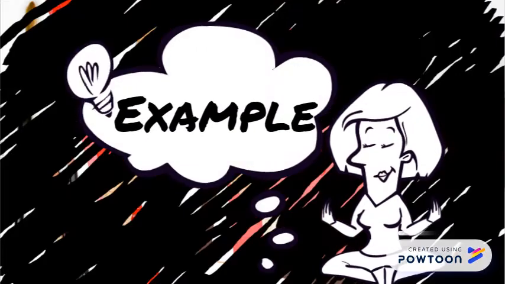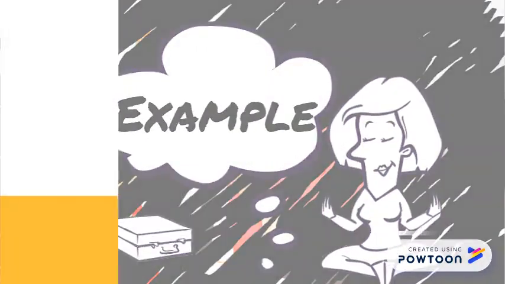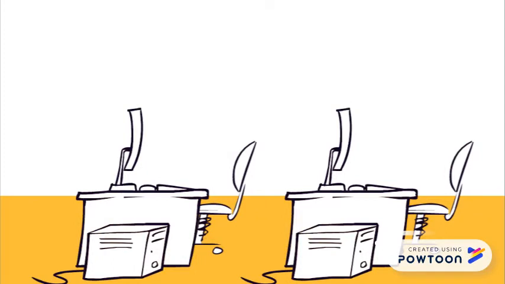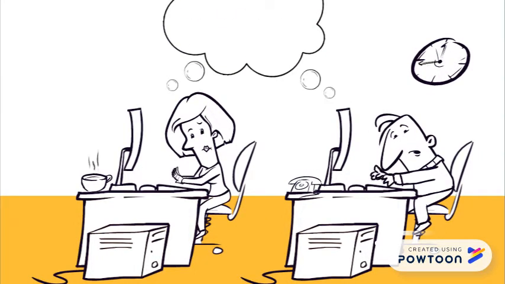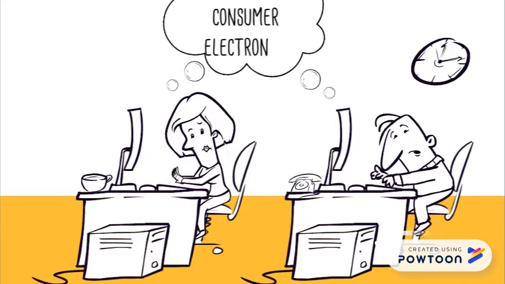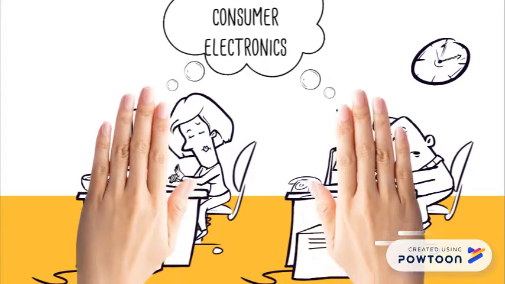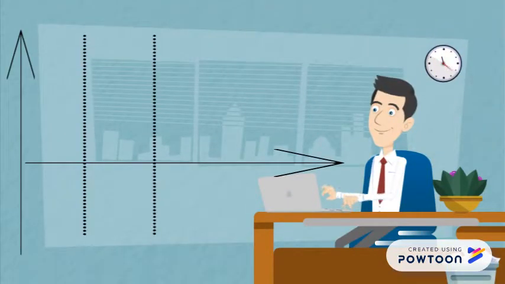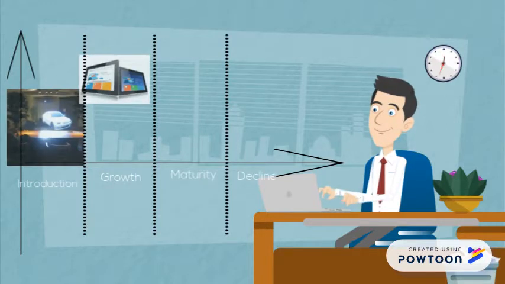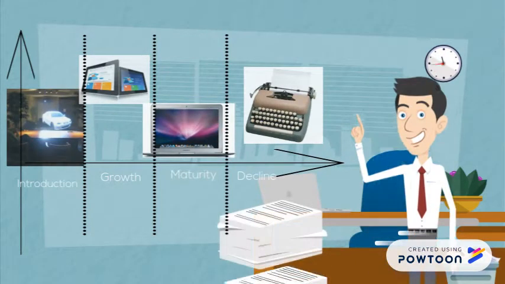Now is example time. The example within the consumer electronics sector shows the emergence and growth of new technologies and what could be the beginning of the end for those that have been around for some time. As we can see, holographic projection, tablet PCs, laptops, and typewriters can visually express the different stages of product life